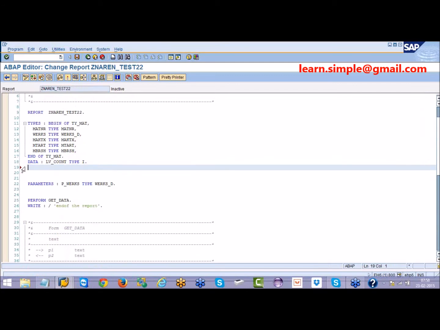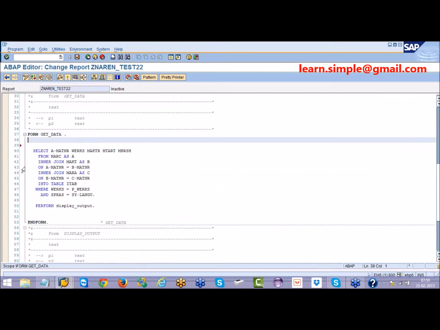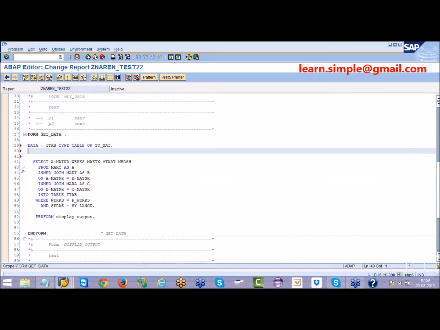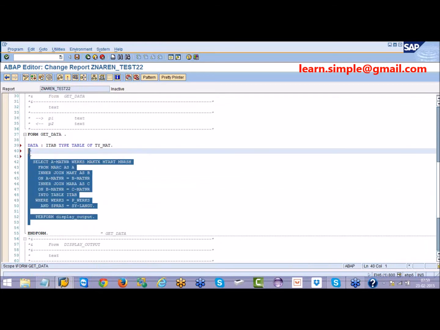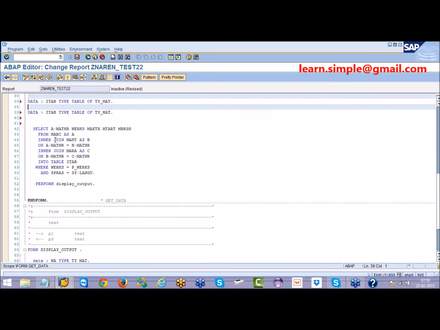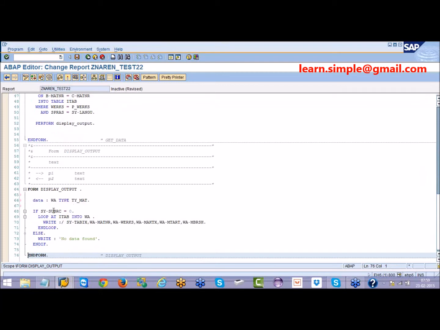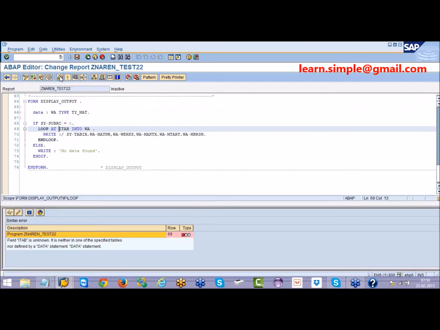Then what will happen? Say now I declare this internal table here. So only this particular subroutine knows what is itab. But this other subroutine is also using itab. If this itab is global, both the subroutines know what is itab. But now only this subroutine knows. So now when I save it, check it, I'm getting an error.